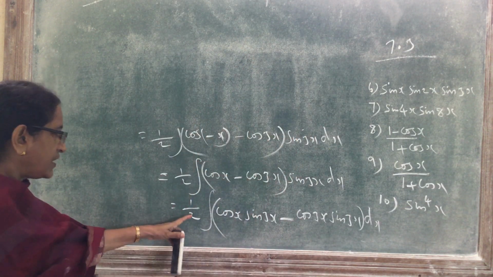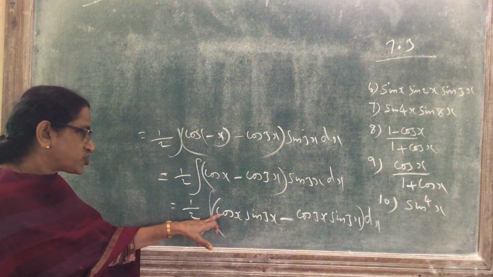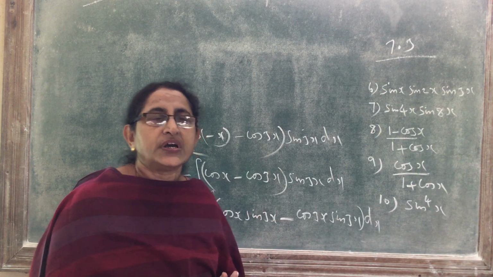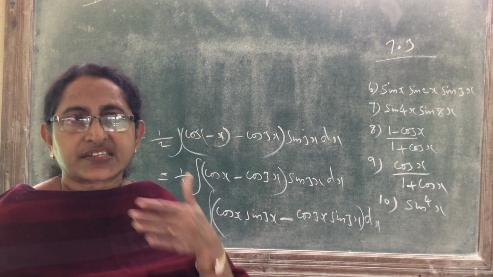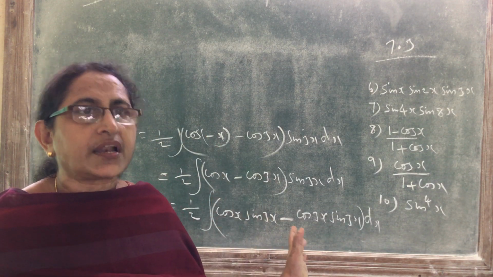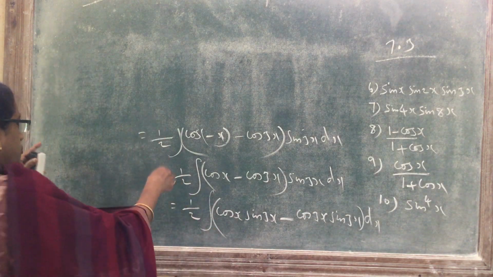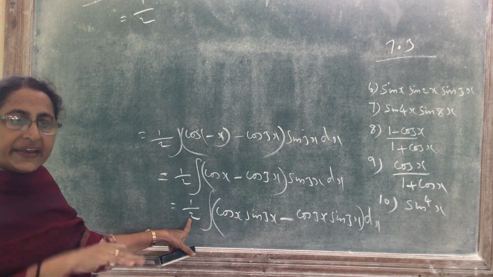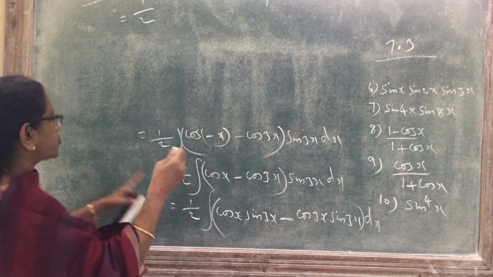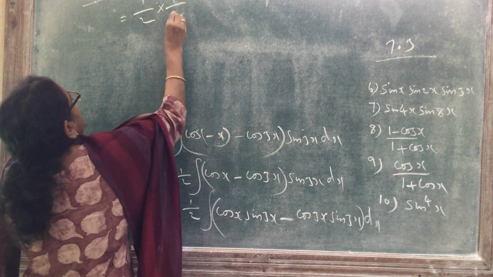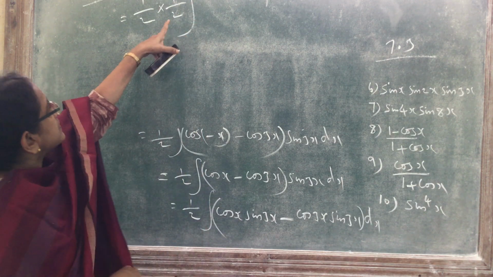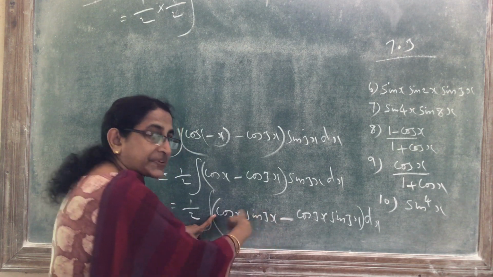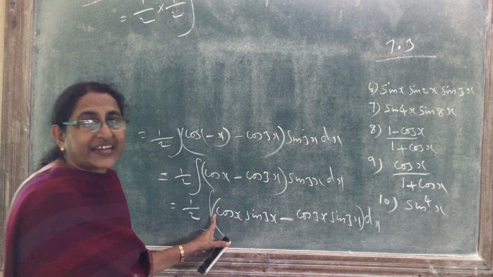So next step. Here we want 1, 2. Here also we want 1, 2. So in both the terms we need 2. So we can write outside one extra 1 by 2. Already 1 by 2 is there. Again one more 1 by 2 we will write. So this is equal to 1 by 2, 1 by 2 is already there. Next one more 1 by 2 we are going to write. So 1 by 2 into 1 by 2 into integral. For this, we should write 2 here and 2 here. Both are subtraction, so in both the terms we should write 2 there.